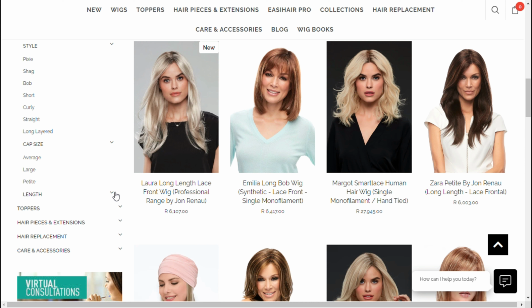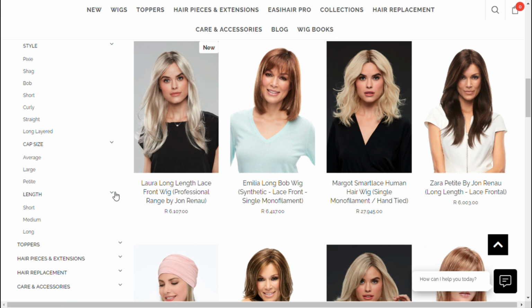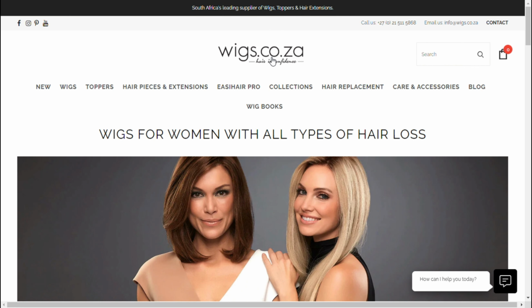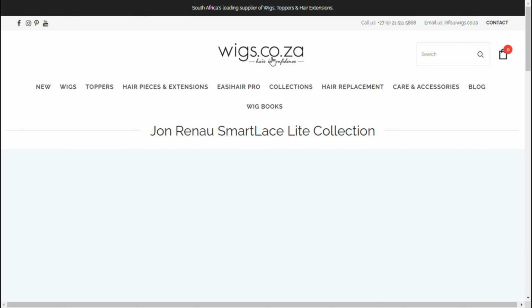However, you can still filter more. When you click on the length icon, you can filter by short, medium, or even long-haired wigs. This you can do with hair toppers as well. Let's do an example. We're going to find a synthetic wig. So once again, when you're on the website, we're going to click on